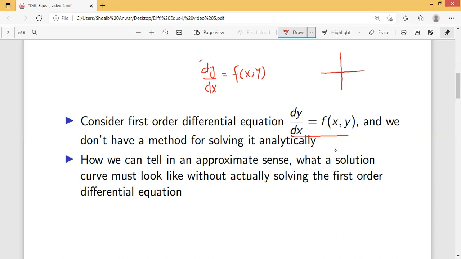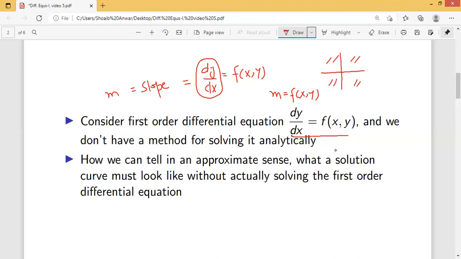So this first derivative is also represented by the slope, which is usually represented by m. So m is equal to f of x, y at each point in the Cartesian plane